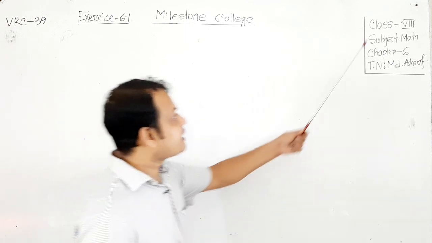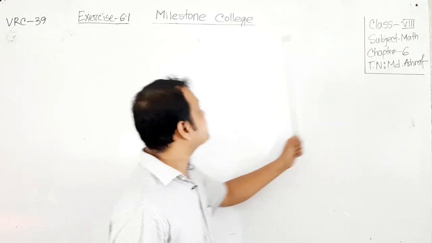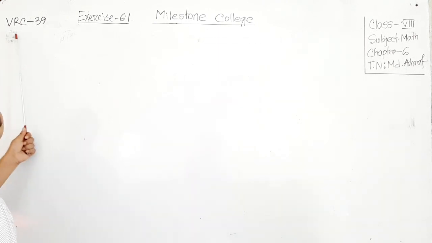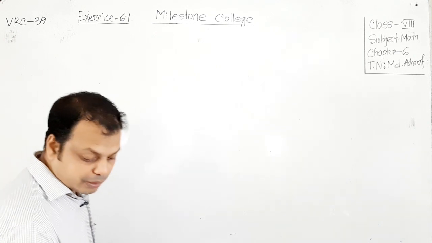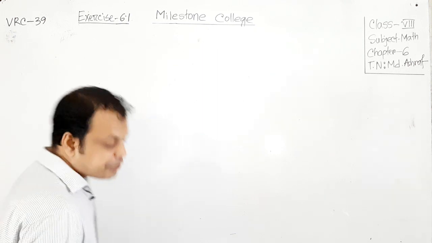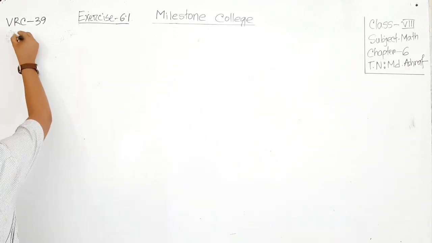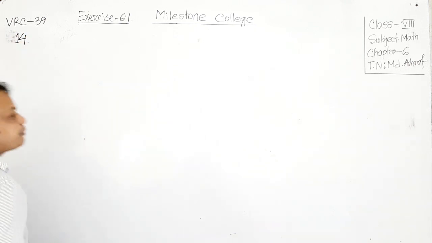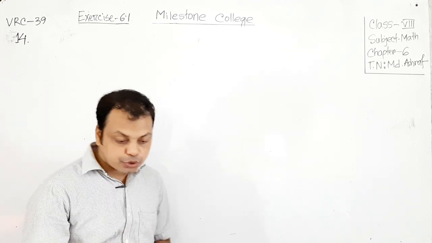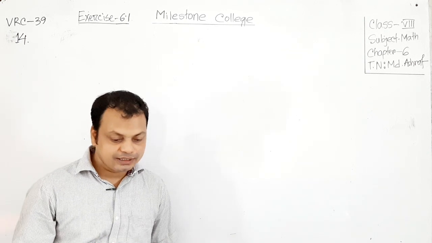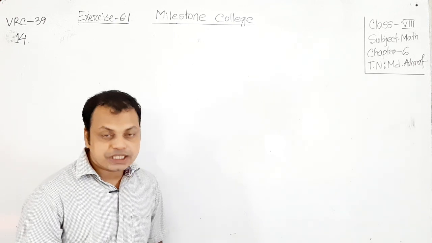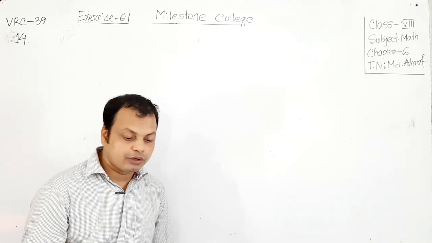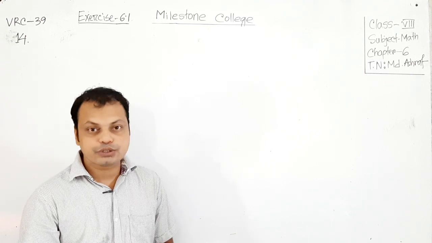It's class 8, subject math, chapter 6, exercise 6.1, video record class number 39, and we will start the elimination method, and the question number will be 14. Question 14 is on book page number 110. Two equations are given. One equation is 2x plus 3y equals 7 and another one is 6x minus 7y equals 5.